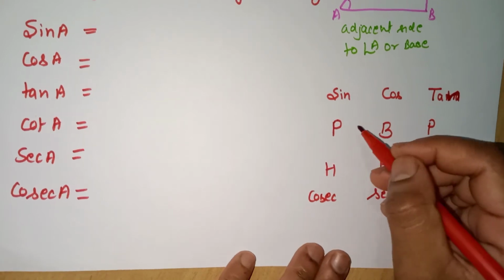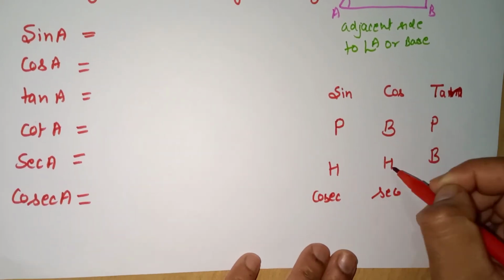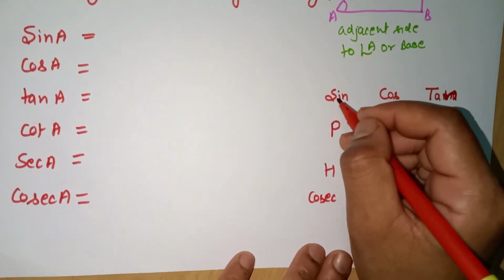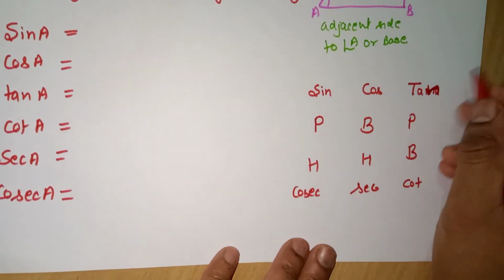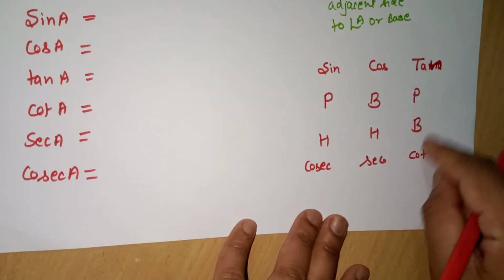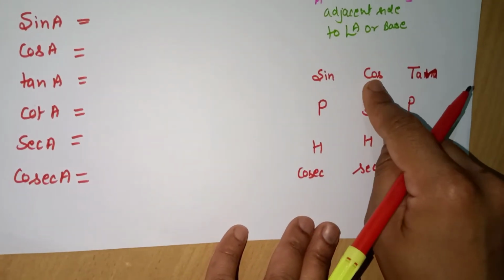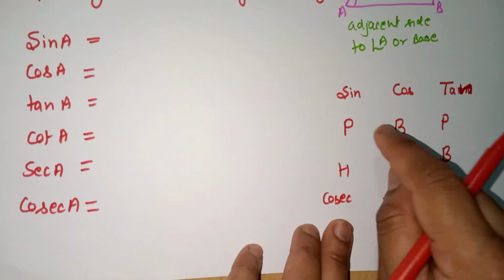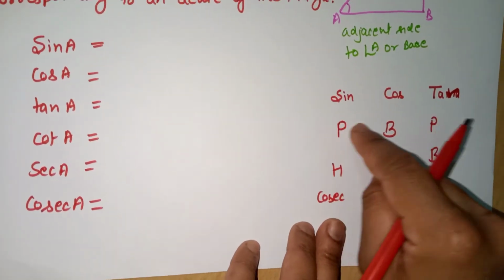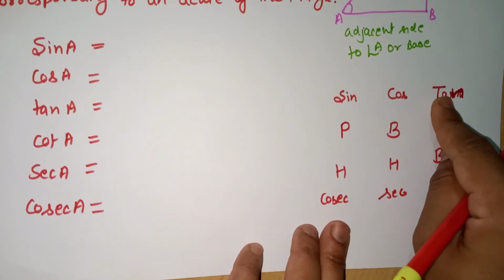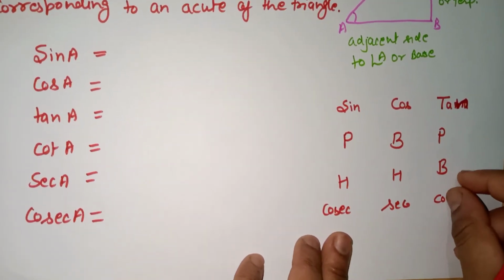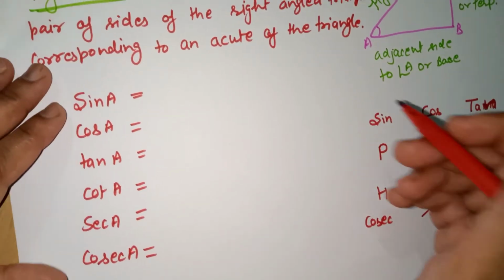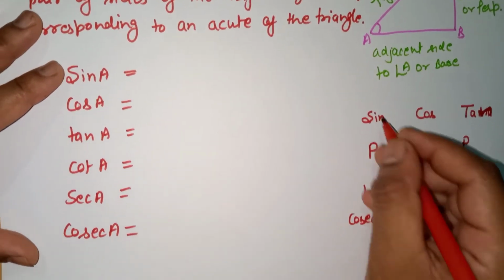First of all, what is the formula? Pandit Badri Prasad Har Har Bole Sona Chandi Tolle. Sona Chandi Tolle means you have to write here sin, cos, tan, and we will take the opposite of tan as cot, the opposite of cos as secant, and of sin as cosecant. In this way you can find the first three trigonometric ratios and you will automatically get the value of the rest of the three. So let's write how we can find the value of this.